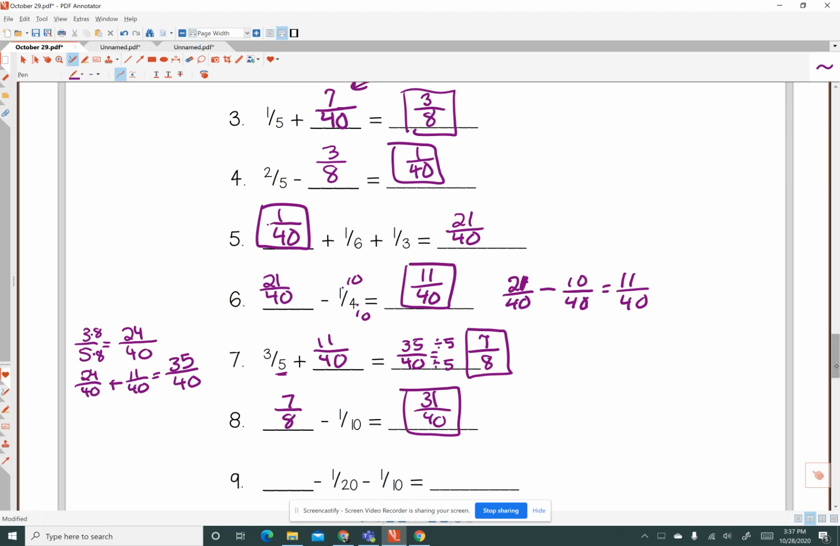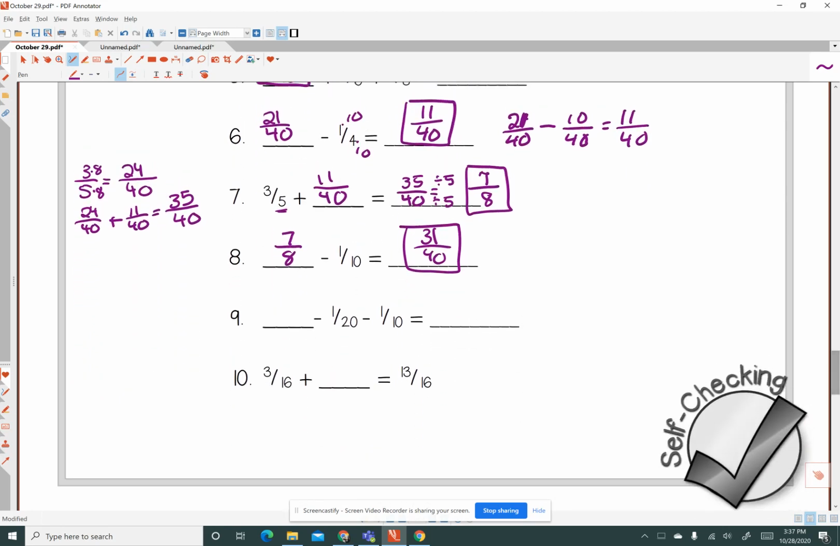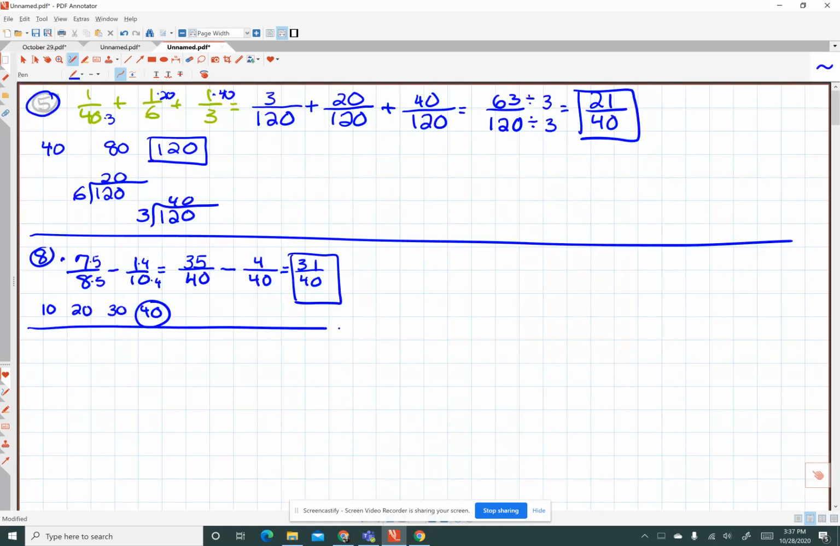Okay, let's do the next one. Let's do 9 and 10. So 31/40, we'll go right here. And I think we're going to need more paper for that as well. So we'll go here. This is number 9. So we have